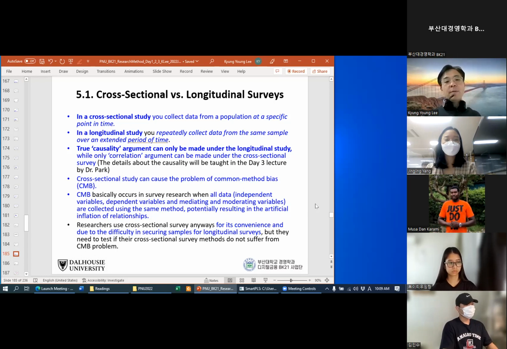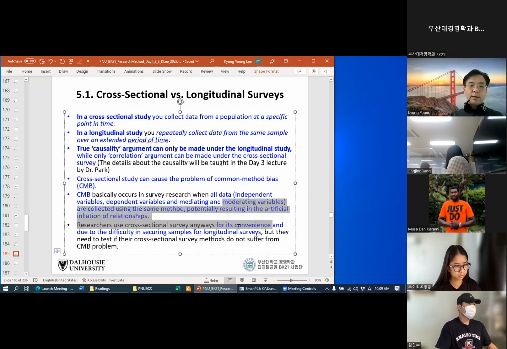A cross-sectional survey causes the problem of common method bias, a kind of self-selection bias, where just because you are answering a set of questionnaire items in one way, you tend to answer the other sets of the questionnaire in a similar way. That makes a common method bias. Okay, so that's what I have mentioned. But a lot of people who are doing